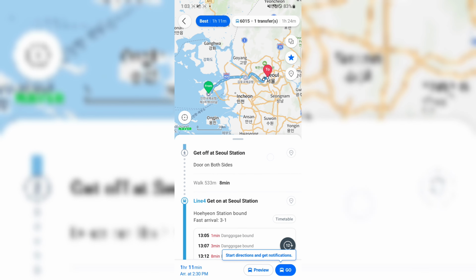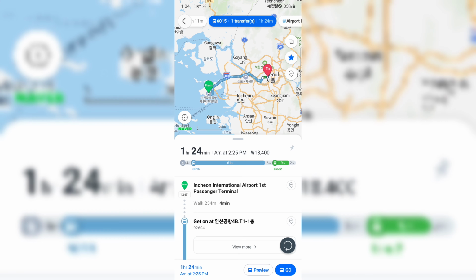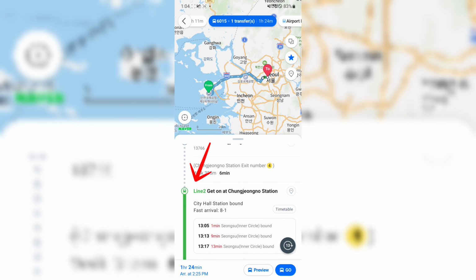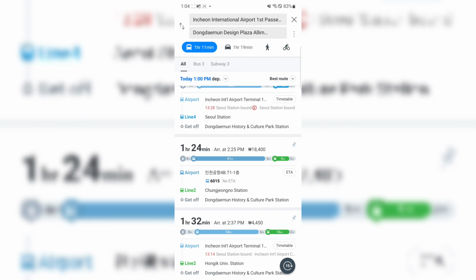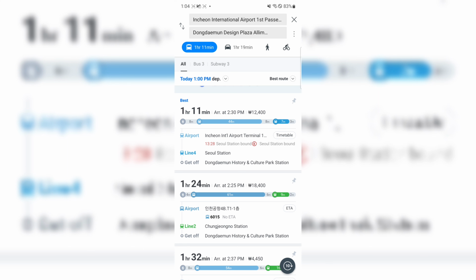If you scroll down, line 4 is this teal color, right? Let's go back. Let's look at the green line. The green line is line 2, right? So the color of the subway is just the line that it's on. They run on different tracks, different lines, and it just tells you, it's convenient if you get used to traveling